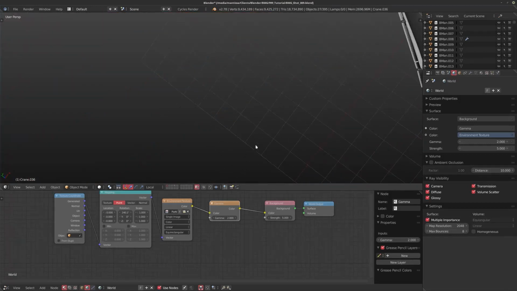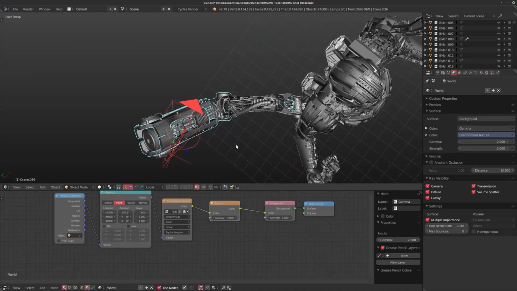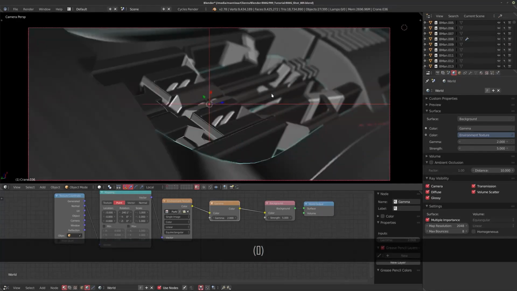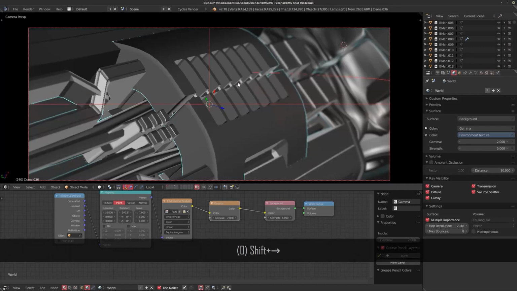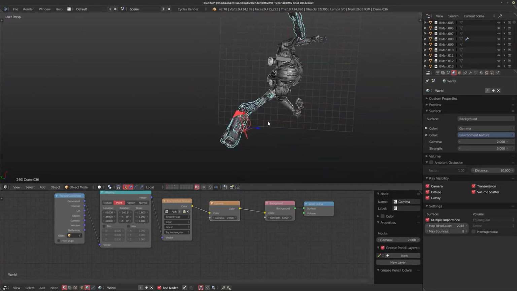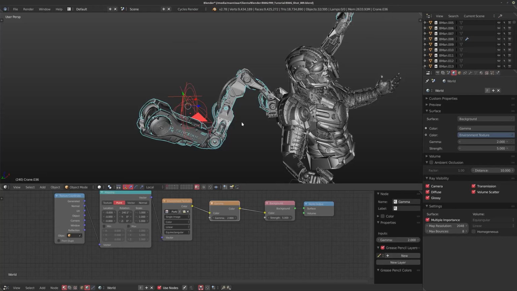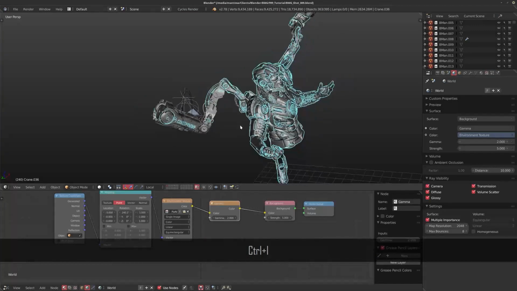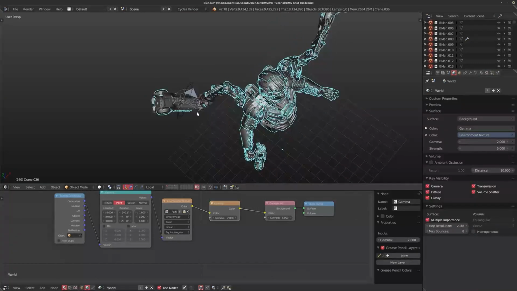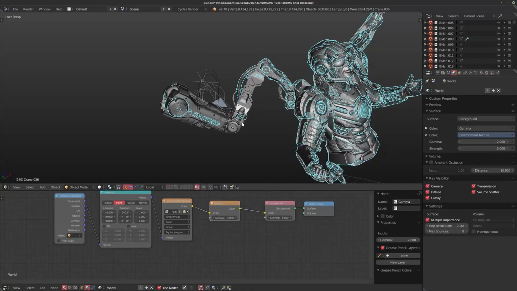Now what this is going to do, if I go outside of the camera view, is select a bunch of objects that are in view, and what I like to do as well is go to the end of my camera movement and do the same thing. So this means that I now have all the objects selected that I need for my camera movement that are in view. So what I can do now is just invert my selection, make sure there's nothing in there that I like, my camera rig or whatever, and delete them out.